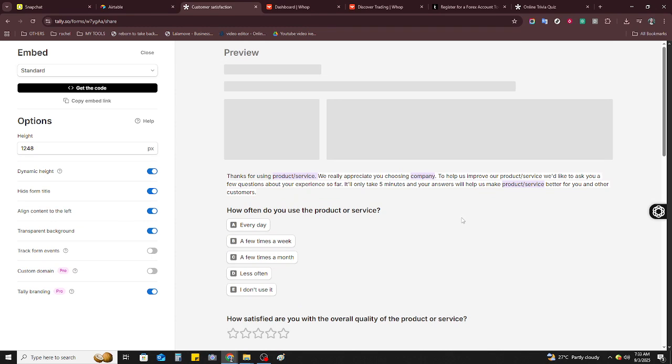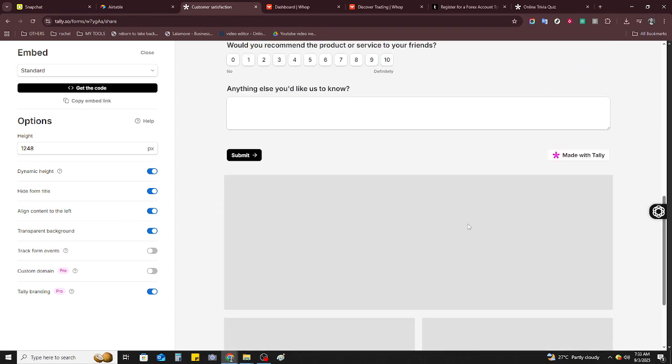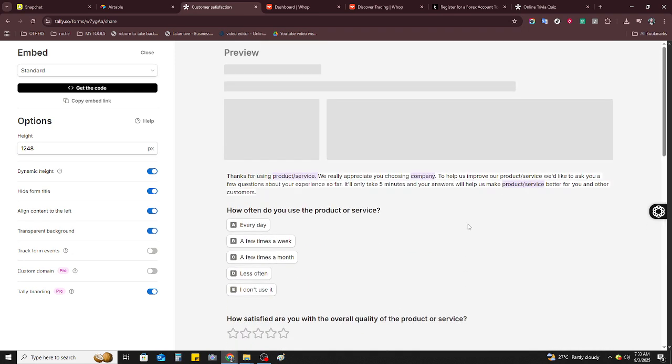After setting up your form, don't worry about compiling the responses manually. Tally automatically saves all submitted forms directly to your dashboard. For further data analysis or reporting, you can connect your form to Google Sheets, Notion, or Airtable, facilitating simpler reporting and